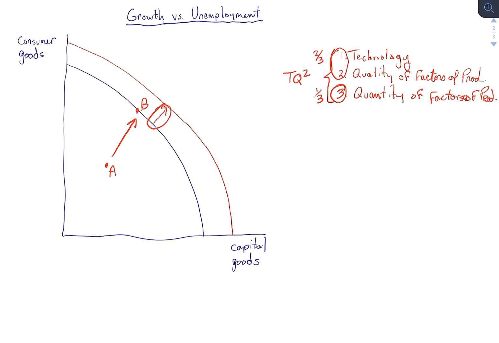Well, moving from point A to point B, the way to think of this is we've got a worker who either becomes better educated or who gets his butt off the couch and goes to work. So we have the same number of workers. It's just that our workers, as we go from point A to point B, are becoming more productive in some way, either through better training or through going to work. So that would represent a decrease from point A to point B. A decrease in the unemployment rate